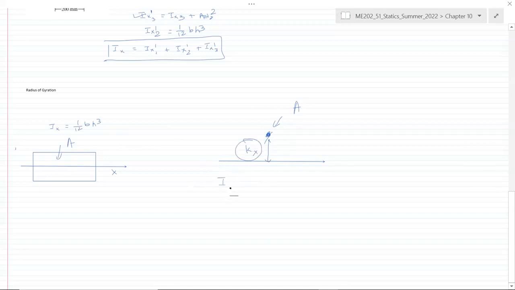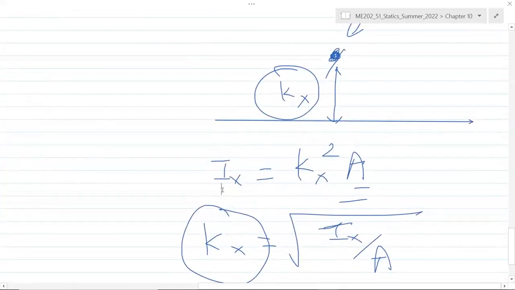And the formula for radius of gyration is Ix is equal to kx squared times A. So if we need to find the radius of gyration for this shape about the x-axis, we need to first find the area, we need to find the moment of inertia, and then we can find kx using this equation: the square root of Ix divided by A, because this is squared here. So this is called radius of gyration. Radius of gyration has the unit of either meters or inches,